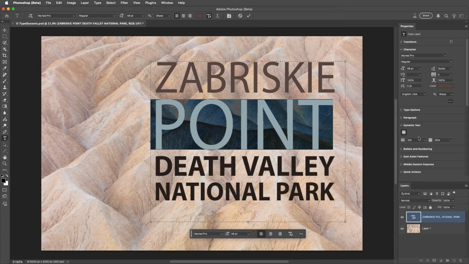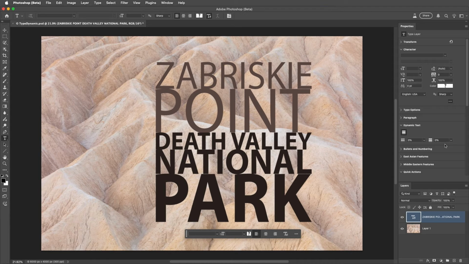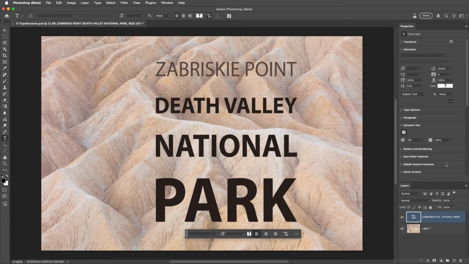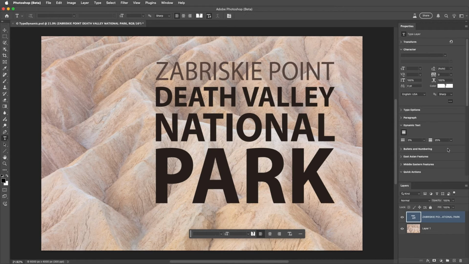If we want to change the leading or the space between the lines, instead of using leading in the character area of the Properties panel, we need to use the new Line Gap option. Moving it to 0% decreases the spacing between the lines, and increasing the percentage widens the spacing. All right, let's set that to 25. Now, be aware that changing the space between lines may reflow the text based on the size of the bounding